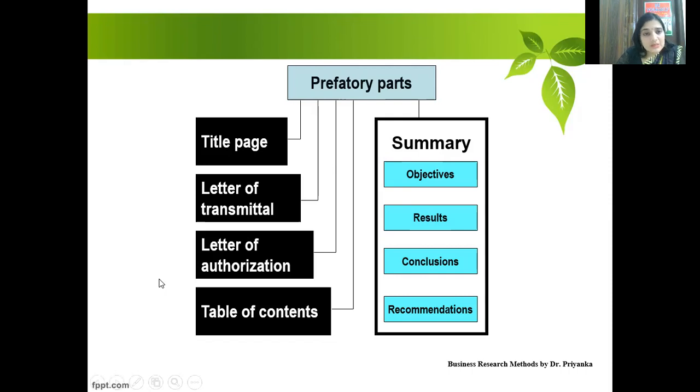Then the table of contents. This table of contents would initially consist of all the chapter details. For example, you have got 5 chapters in the report. Chapter 1 consists of introduction, chapter 2 review of literature, chapter 3 your research design and everything related to that, chapter 4 analysis, and chapter 5 is, for example, summary, directions for future research, limitations, and so on, right? So the table of contents would consist of every header in chapter 1,